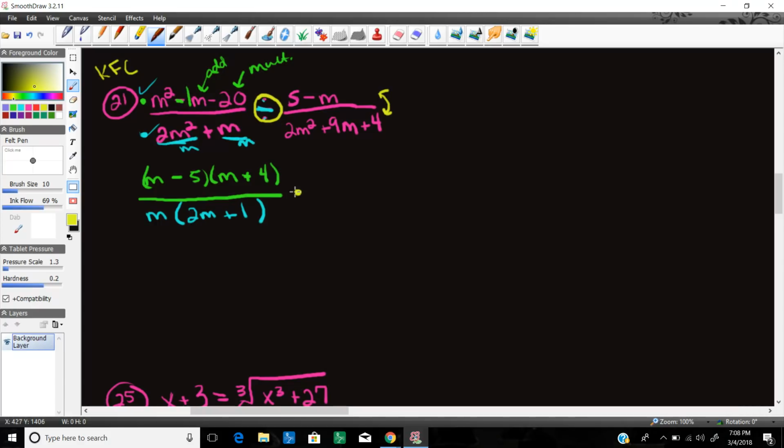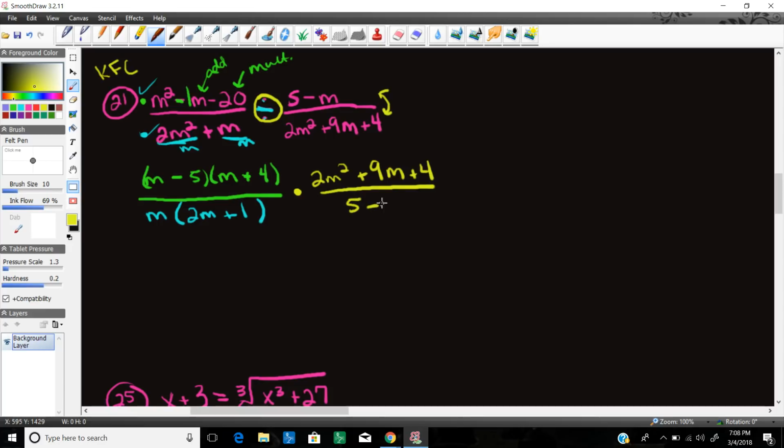So now I have the times right here, okay? And I'm going to rewrite these ones, but I'm going to put them in the other spots. So this one I'm going to put on the top, 2m squared plus 9m plus 4